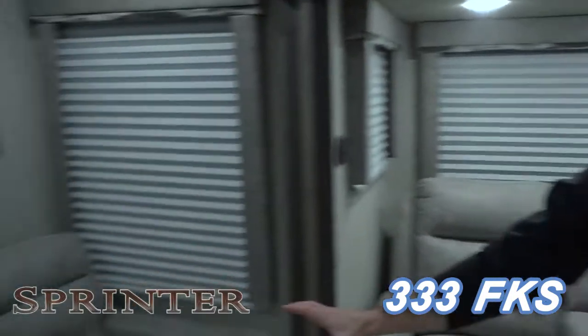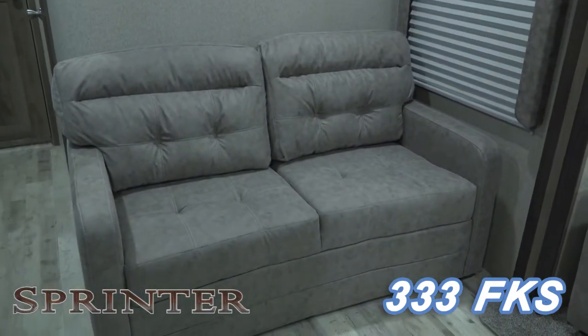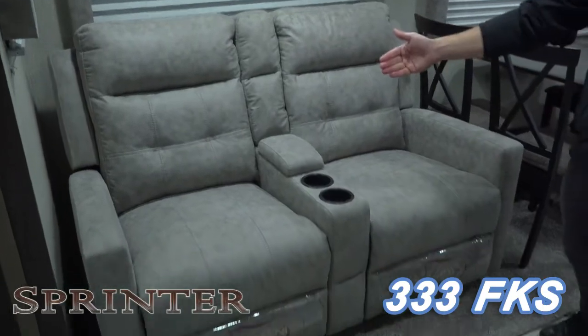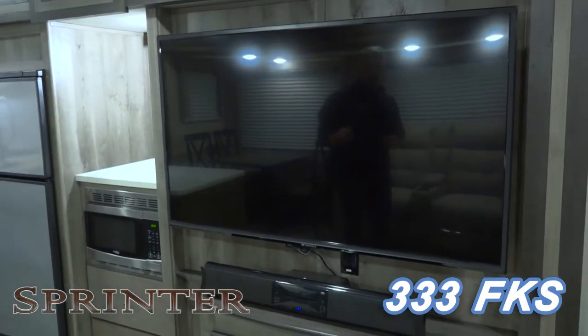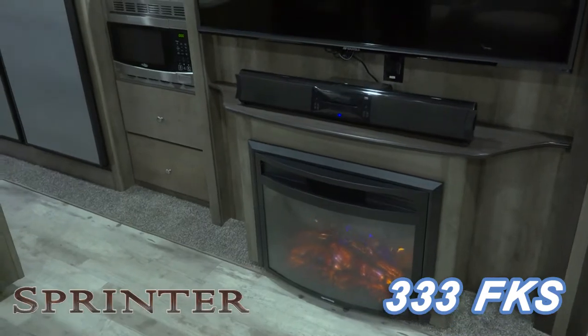You're going to have first the tri-fold sofa, and of course with all the Sprinter product you're going to get that to be a full 60/80 fold out. And then moving to the Thomas Paine theater seating, a couple cup holders, some storage for you, and they do fully recline. The really nice setup to this is that you're directly across from the 55-inch TV, the DVD with soundbar, and a fireplace that will push out about 5,000 BTUs of heat or just have a nice ambiance at